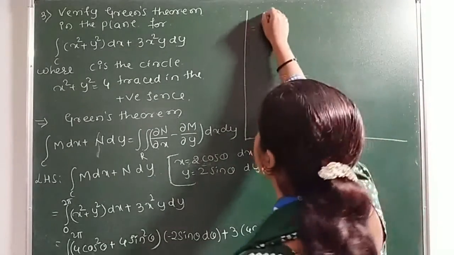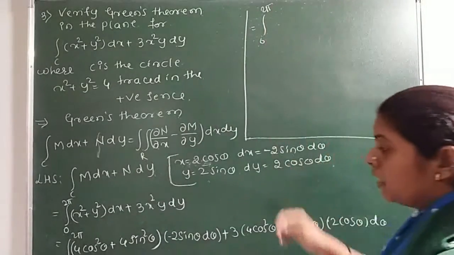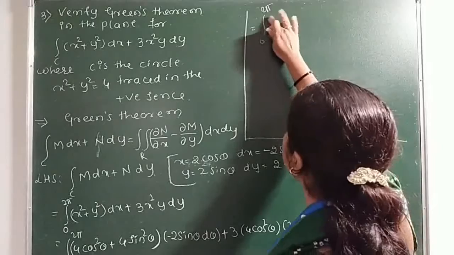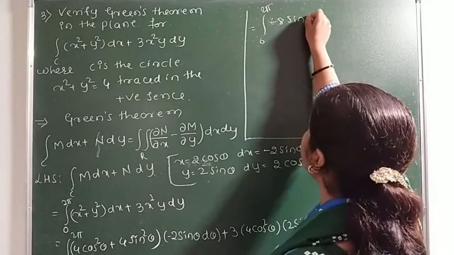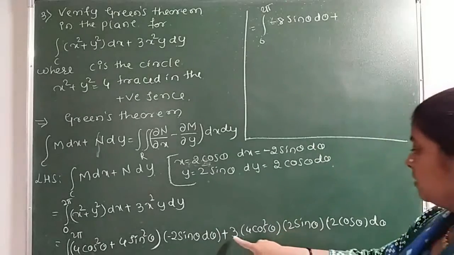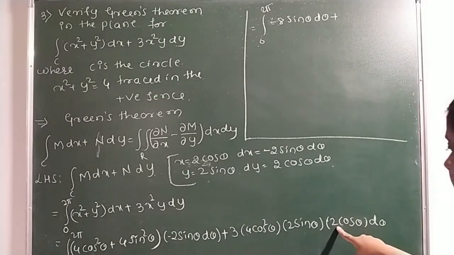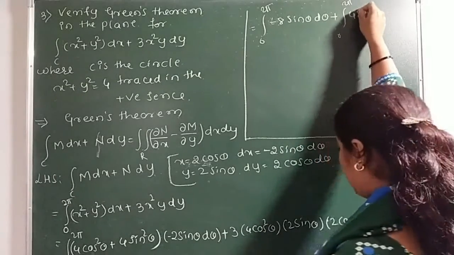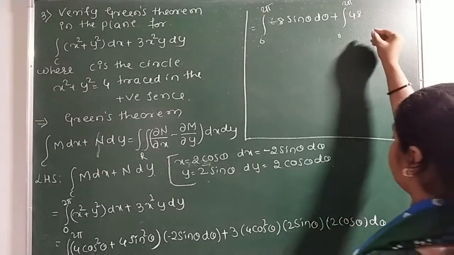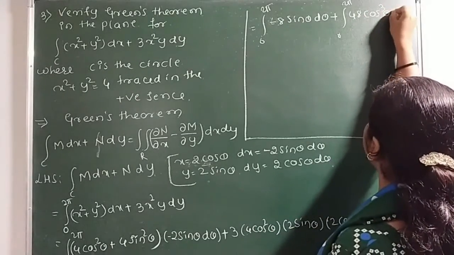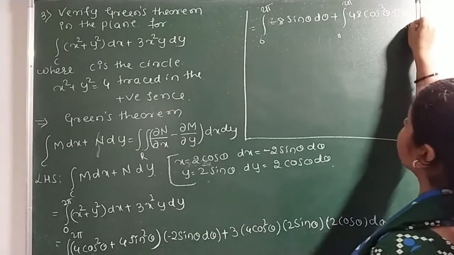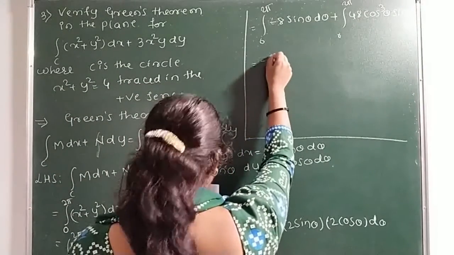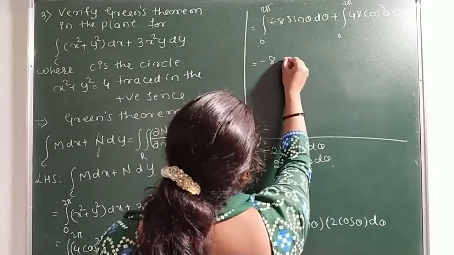Now simplify this in the limit 0 to 2π. The 4 cos²θ + 4 sin²θ becomes 4. 4 into minus 2 is minus 8 sin θ dθ, plus the integral from 0 to 2π of 48 cos³θ sin θ dθ. Here you have to apply the integration directly. It becomes minus 8, and the integral of sin θ is minus cos θ